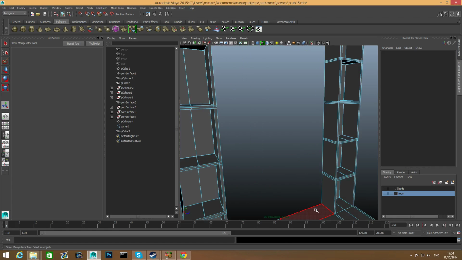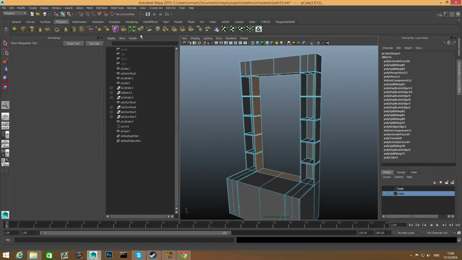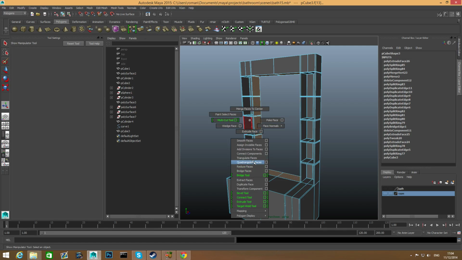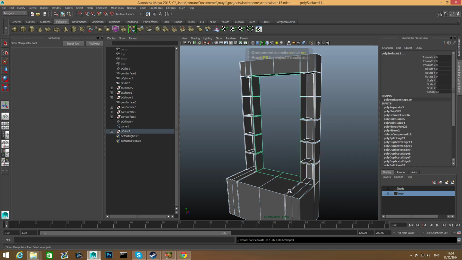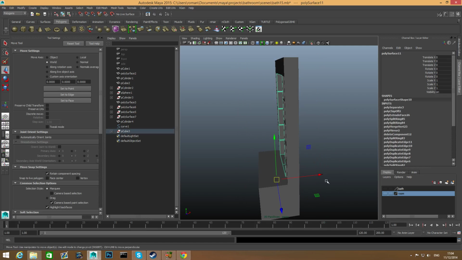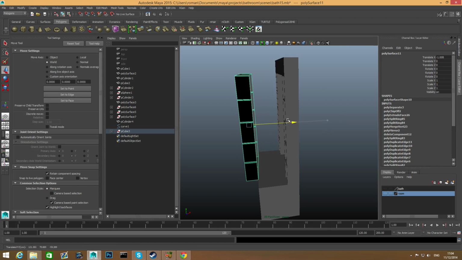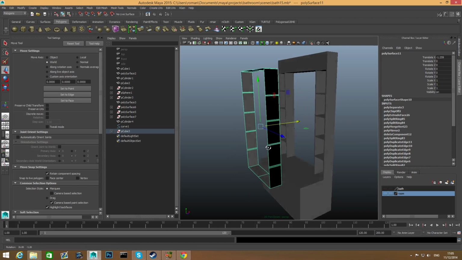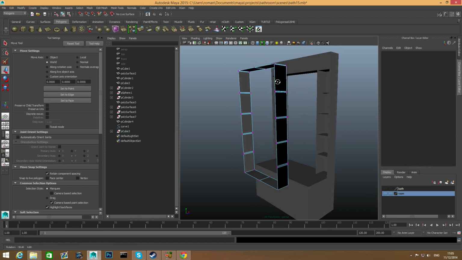Okay. I'm going to grab this face, shift double-click on this face. It will loop select everything inside there. I'm going to extrude, shift right-click, choose duplicate face, like so, and press F8 three times, and then Control to unselect this, and then I will remain with this one. I'm going to choose Modify, Center Pivot for it, and I want to move it outside so I can work on it. I'm going to right-click, choose Vertices, first of all, and